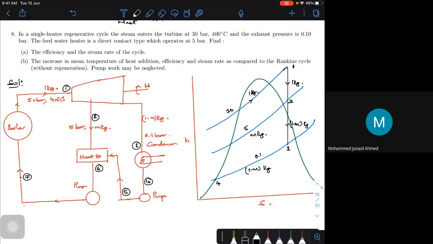So what I will do, I will try to go in this particular fashion to this particular point. I'll be reaching 0.5. Then I will move around this particular point to your water. Okay, then I will go to this particular point. This is your 0.7. This is your 30 bar. So 1 to 2, 2 to 3, 3 to 4, 4 to 5, 5 to 6, 6 to 7. So this is how the cycle will run.